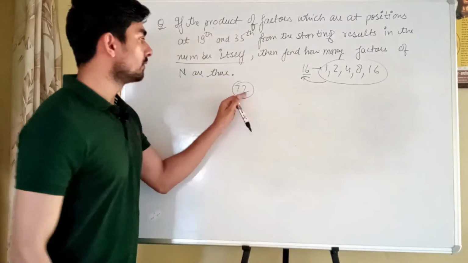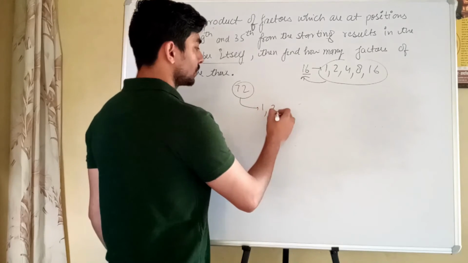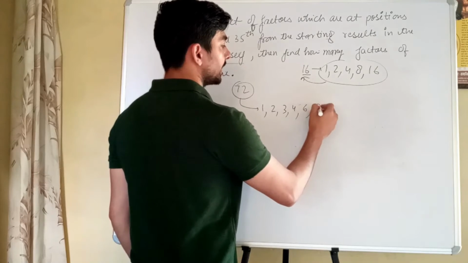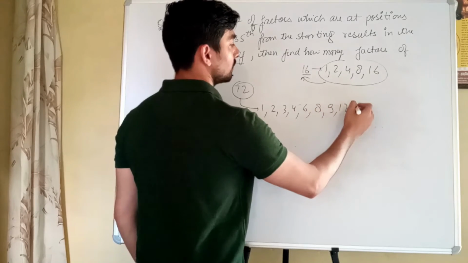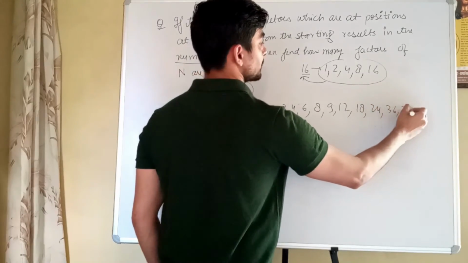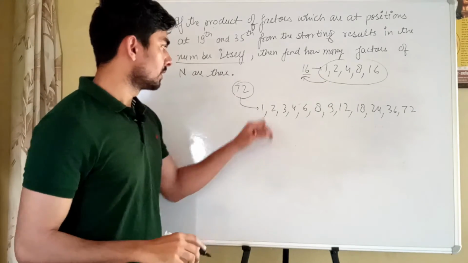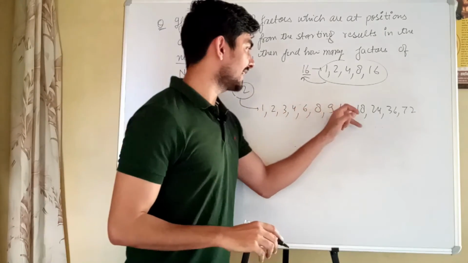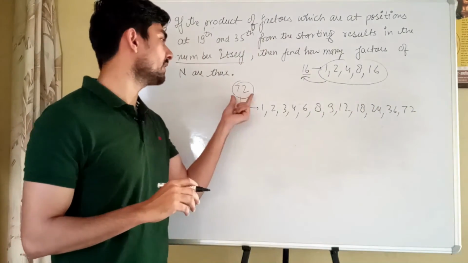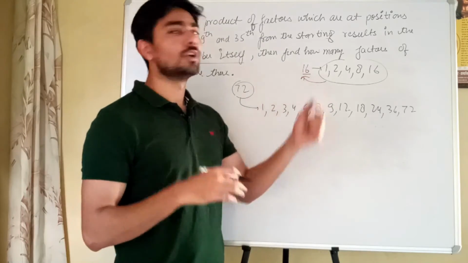In the same manner, we'll take the example 72. What are the factors of 72? 1, 2, 3, 4, 6, 8, 9, 12, 18, 24, 36, 72. It's an ordinary number. Then find the total number of factors. See, 1, 2, 3, 4, 5, 6, 7, 8, 9, 10, 11, 12. There are 12 factors, and 12 is an even number. So an ordinary number has an even number of factors, and a perfect square has an odd number of factors.